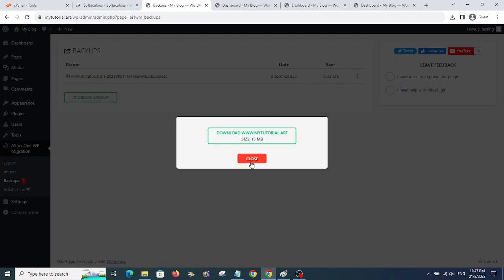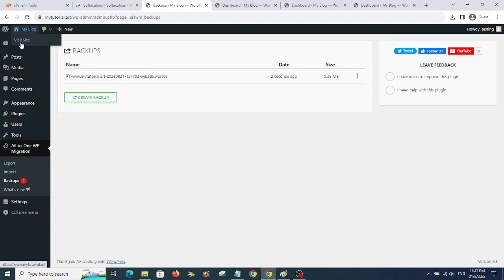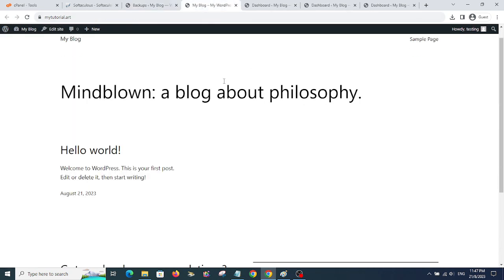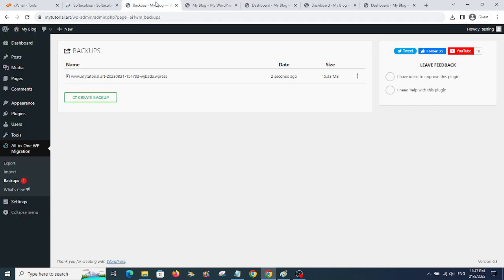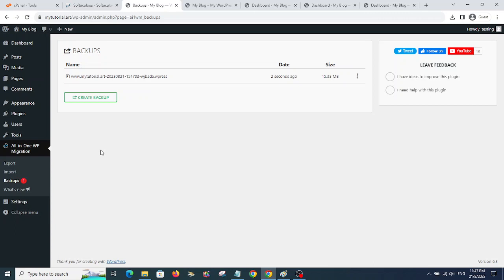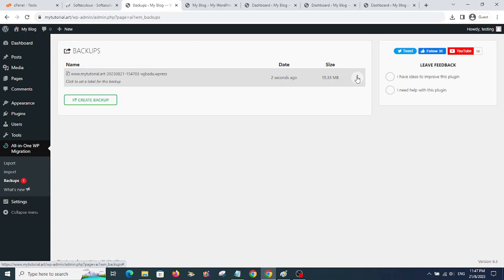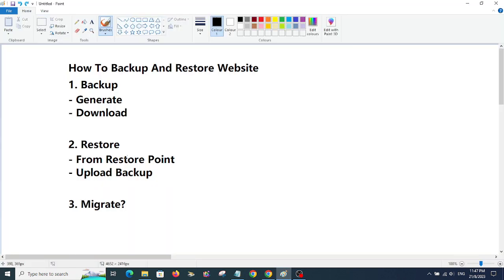Okay, maybe I close first. You see 2 seconds ago, and the website looks like this. Okay, this is an empty website and it looks like this. Okay, so maybe you will ask how to, after we generate backup, right? So you can download it. If you click on this three dots here, you will see download, restore, and then next move to second part,